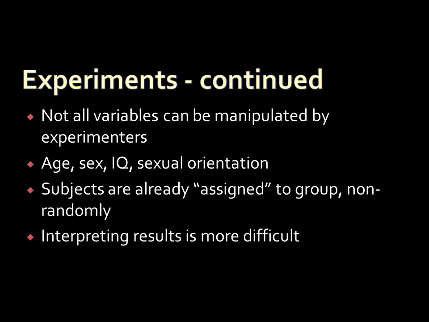So just so that you're aware, not all variables can be manipulated by experimenters, and it makes researching those types of things a lot trickier and much harder to interpret. You have to be more cautious in the interpretation of your results. So if, for example, you find that there's a difference in mathematical ability between men and women who are aged 30, you don't know, is it because of something biological? Is it that there's a difference in the male-female brain? Is that the reason? Is it a difference in experience? Do men and women have different experiences that give them